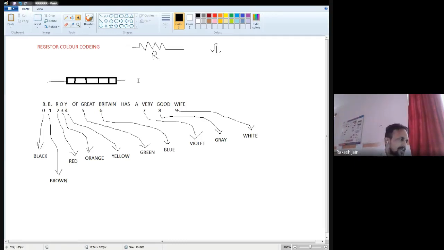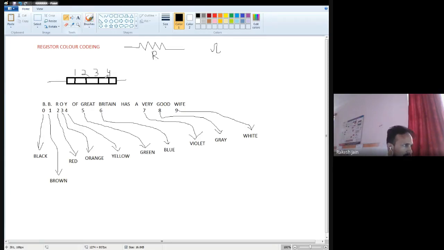Okay, now just keep this format in mind and remember every resistance consists of 4 different colors. Which one is first, which one is second, which one is third, and which one is fourth? Because I have to explain by writing on an MS Paint file, I have to use at least one color to draw, so I just use black. So 1, 2, 3, 4, these are 4 different color bands.